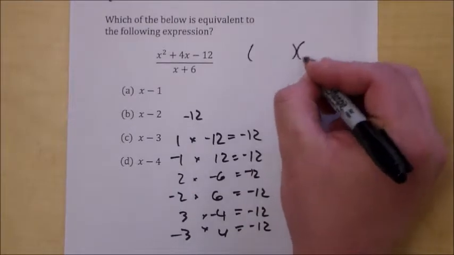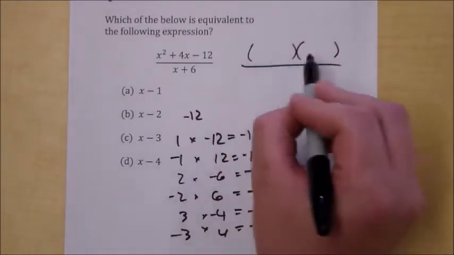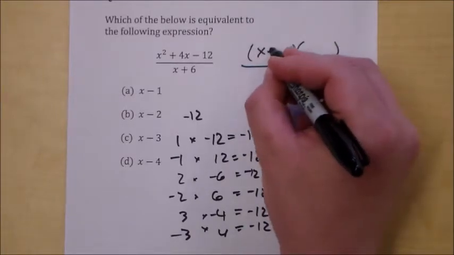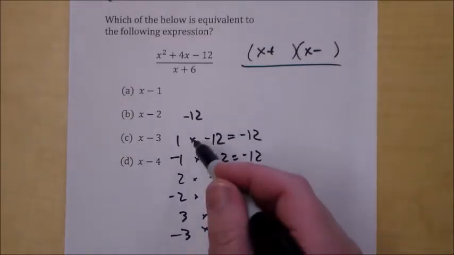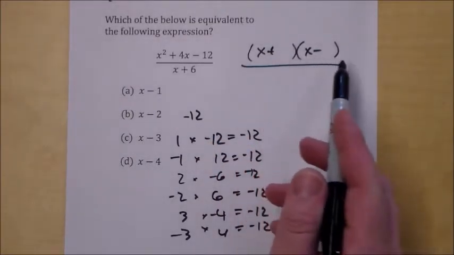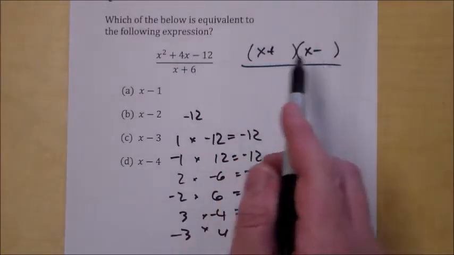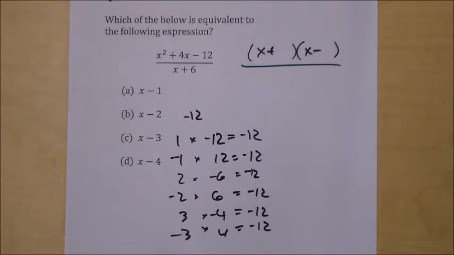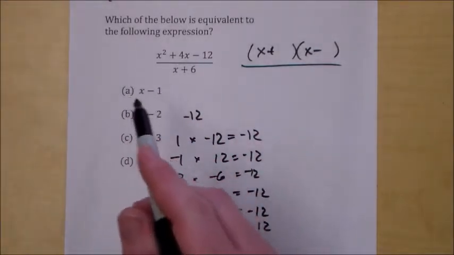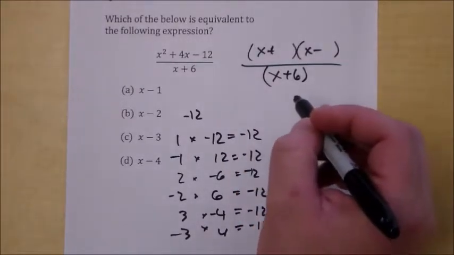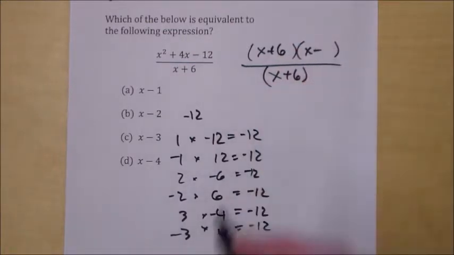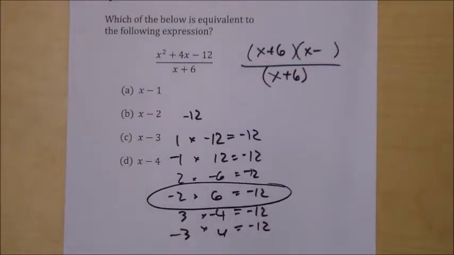All right, again, we want to have this top term in its factors, so it's going to be x plus something and x minus something, right? You know it's going to be x plus something and x minus something because you need a minus and a plus in your last term to multiply together to get to a negative 12. You also know that your answer choices are down here, and this is x plus 6. So you're going to divide out something to get to something else that looks like this. So one of these choices has to be x plus 6. Well, if one of these choices has to be x plus 6, what is the other choice going to be? Well, it's going to be x minus 2, right? And this makes sense